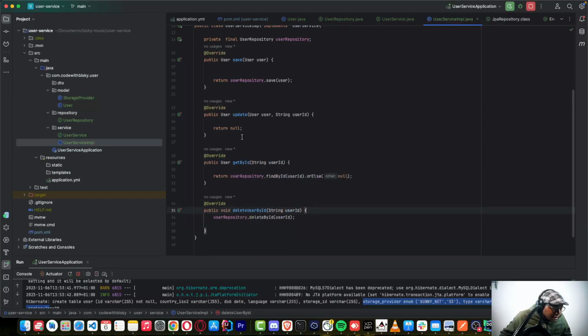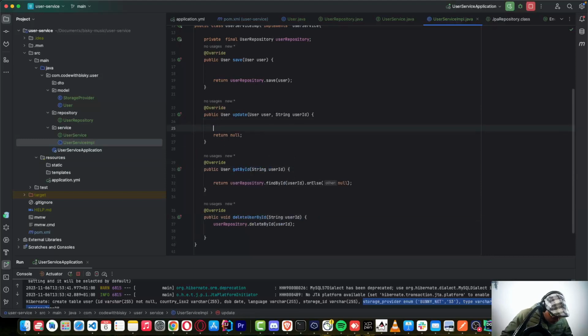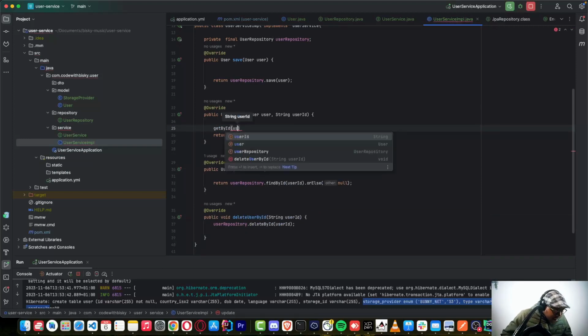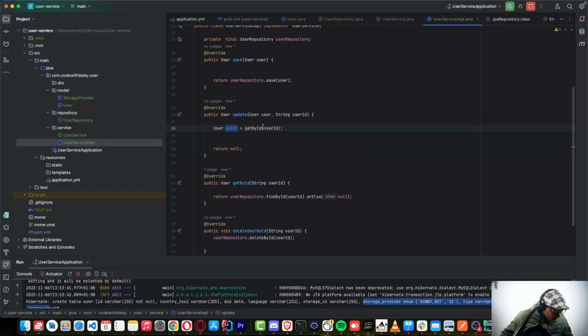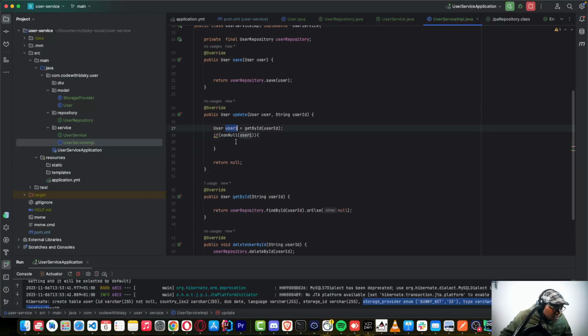For updating, it is just the same, but what we want to do is call this method first, and you pass a user ID. So we make sure that the details that we want to update must be there. If it's null, we can check if the ID exists. You can do that by just doing this null check, and we can import this. If the user is not equal to null,